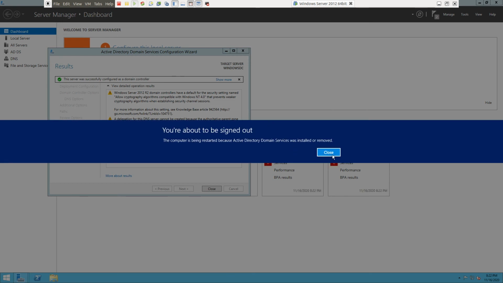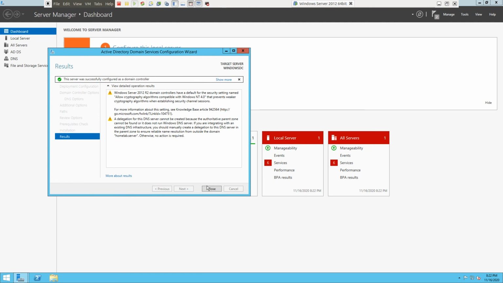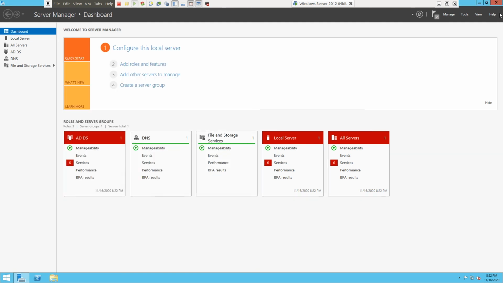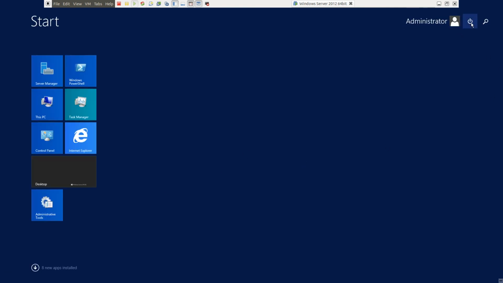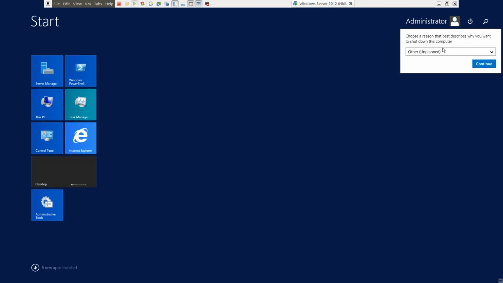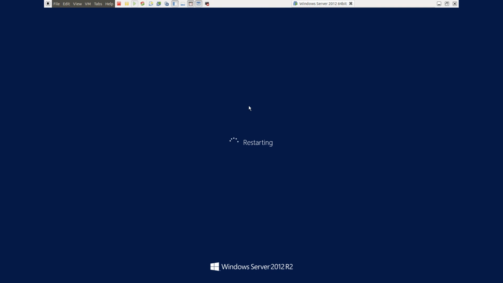So now let's click on Close, and close this one too. Now you can manually restart this. Click on Restart. So it's already restarting.